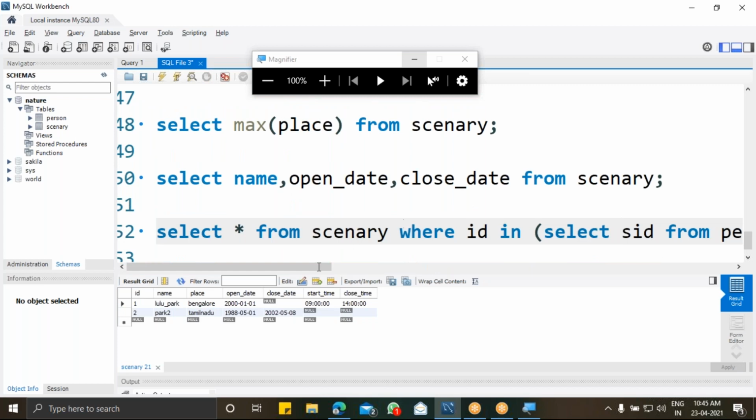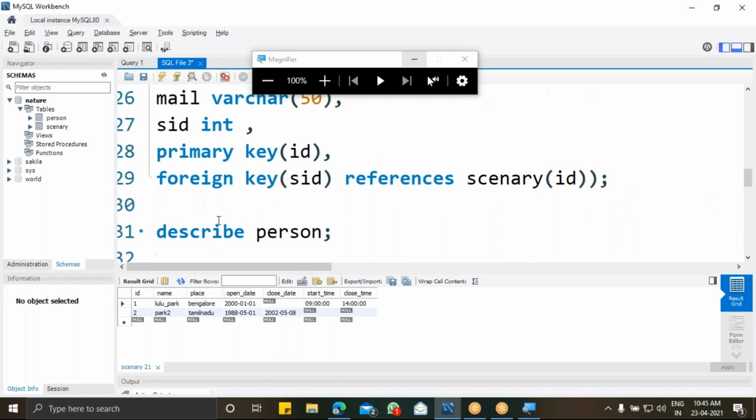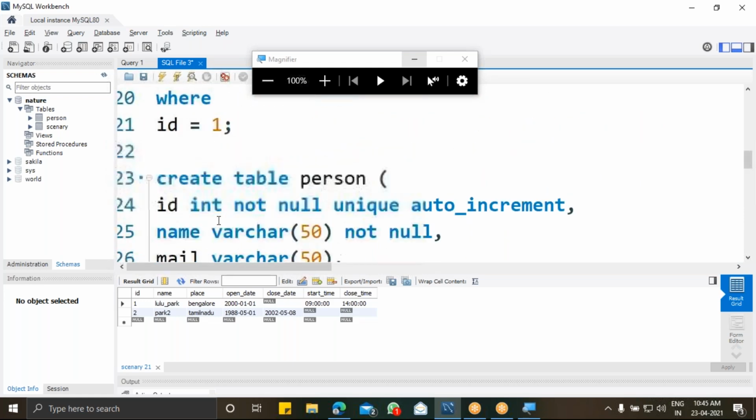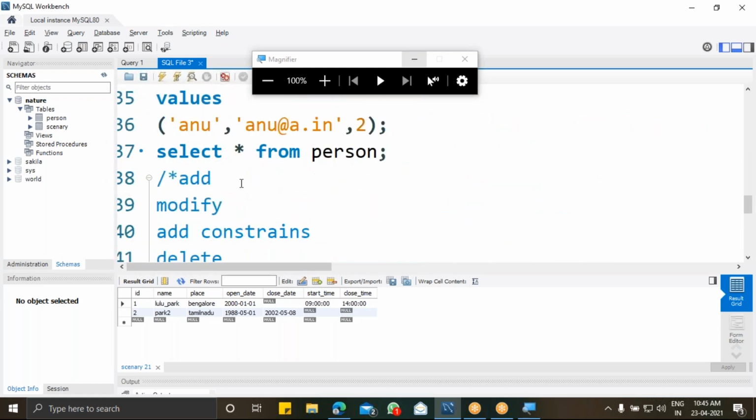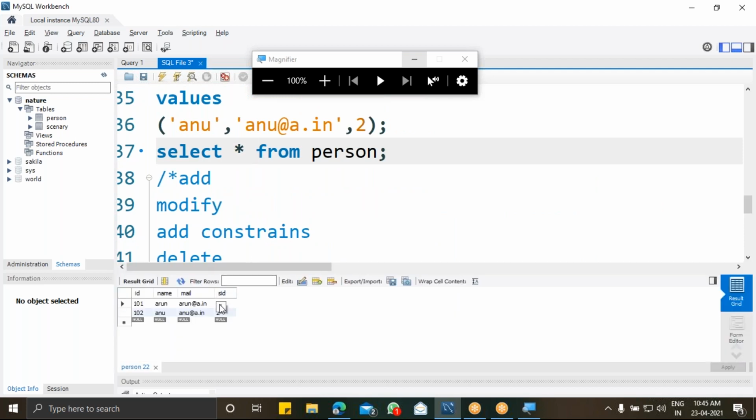Yes. So I hope you can see this now. So now the person ID or person table, yes, you can see this. I hope you can see this. So now I'm going to select all the records from my person. Yes. So in person, I have only 2 records and the SID is going to be 1 and 2. Is this visible, guys? I have 2 persons, one is 1 and 2.